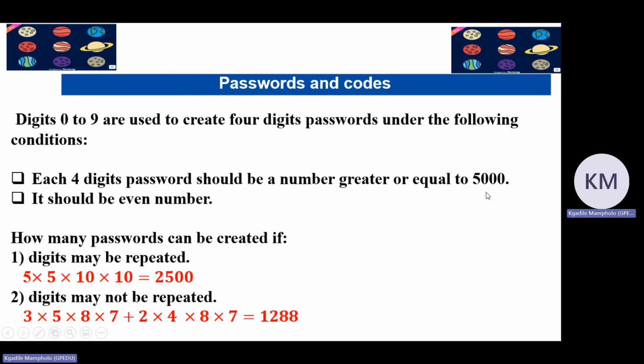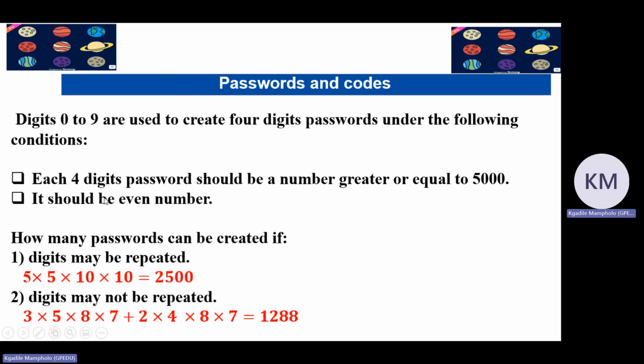It will be greater than or equal to 5,000. It means that digit number 2 or 3 can be any number as long as you dealt with the first digit and last digit very well. And then remember here, repetition is allowed. So it means 2,500 passwords can be created